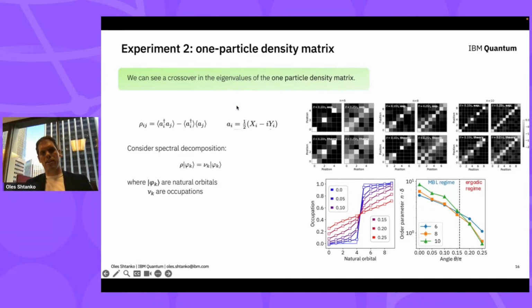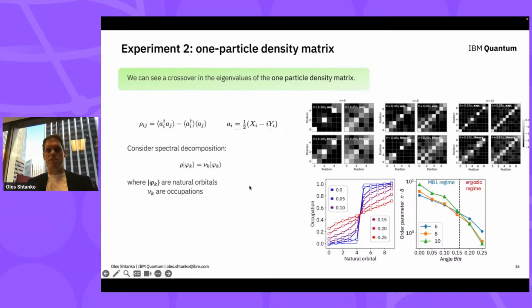And for these bosons, you can introduce what we call Fock operators, creation operators, and define this object, which we call the one-particle density matrix. What this object describes is how the density matrix of a single boson flowing in the bath of other bosons looks. And again, if a system is localized, this boson should relax into a state which is more or less described by a thermal distribution, while in MBL systems, it should somehow remember what happened before.